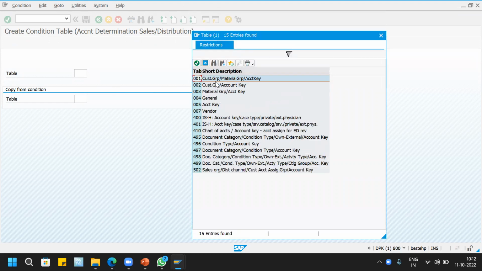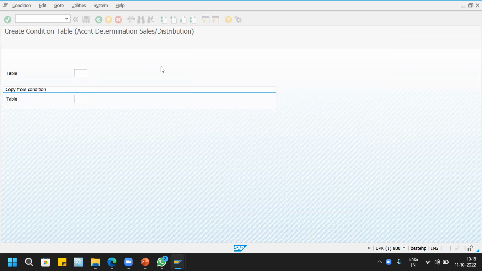So: customer group, account assignment group of customer master, material master, and account key combination; customer account group and account key combination; material account group and account key combination; account key combination; general and account key. So the existing tables are already there. This one we are going to use. Okay, then